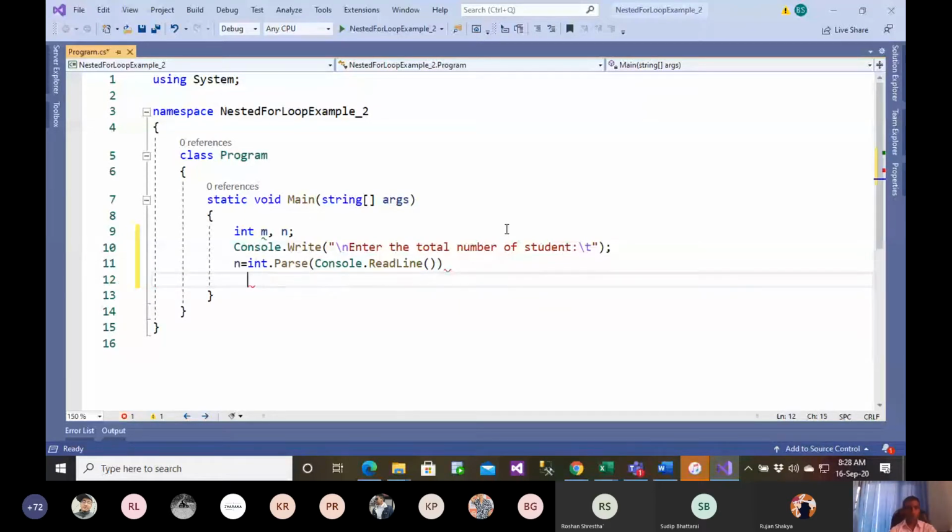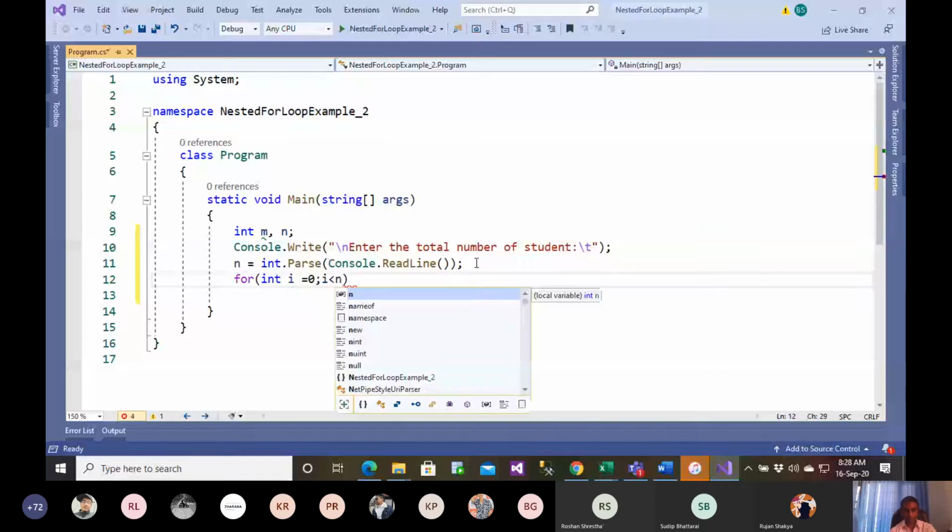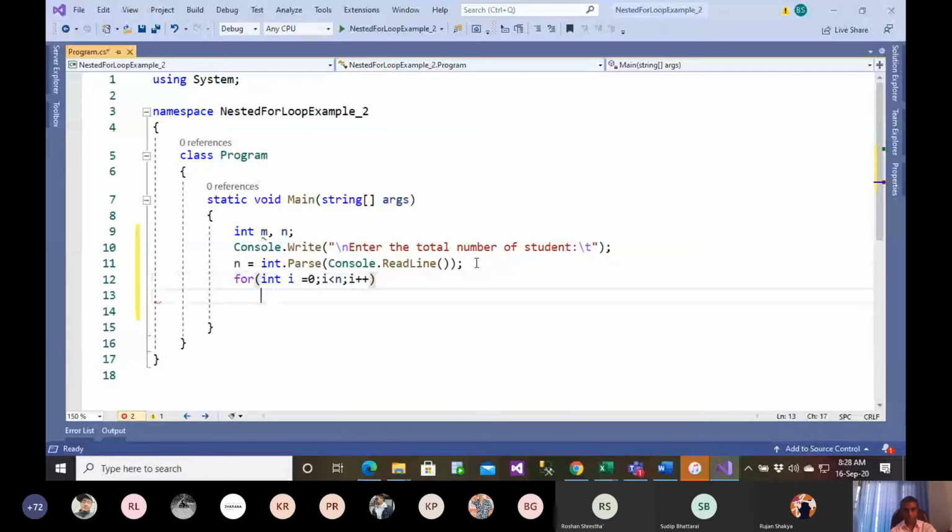So I can now use a for loop. For integer i equals 0, so every time the condition is true. And for integer j equals 0. Sorry, not 0. Here I need to ask the student name.